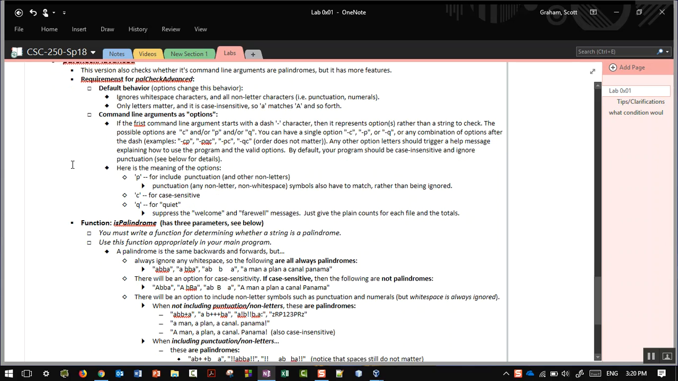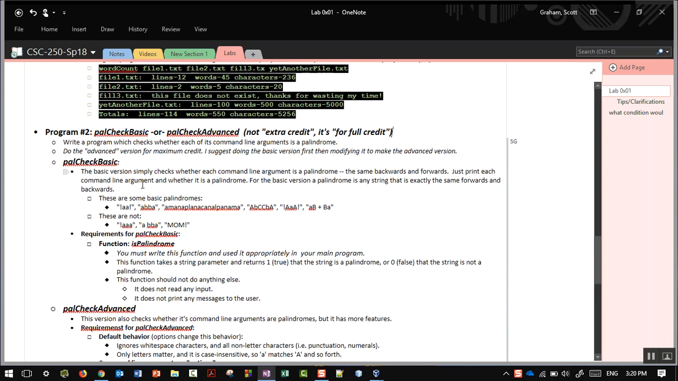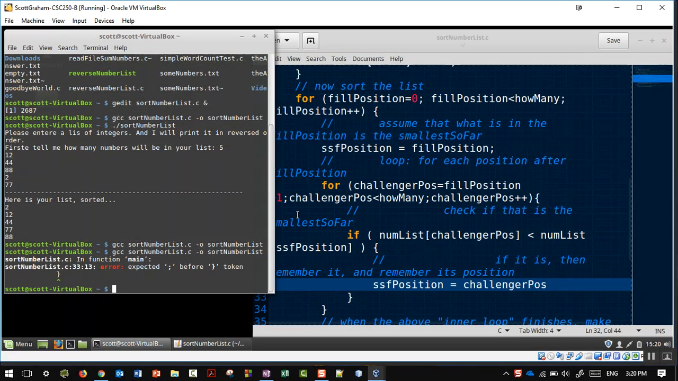Let's see, what else should I say about this? There is a clarification I want to make about this palindrome checker right now, which is that the palindromes you're checking are themselves going to be command line arguments. So if we think about what this will look like over here, let me